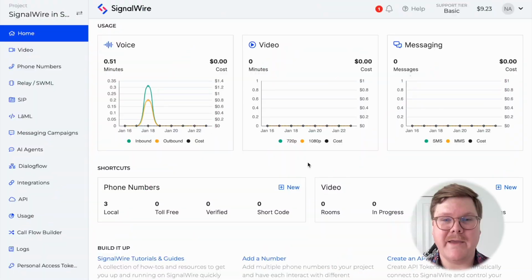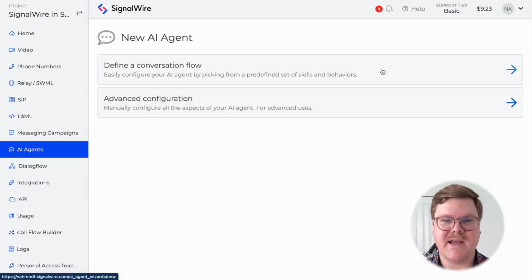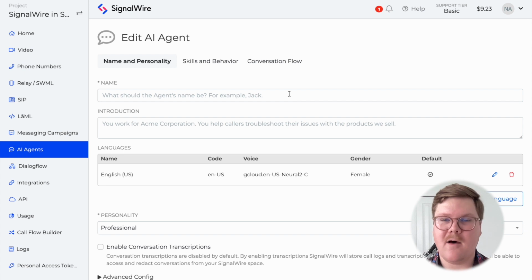Follow along for the next few minutes as I endeavor to build a serverless, dynamic AI agent capable of answering customer queries and transferring phone calls, all from the comfort of my SignalWire dashboard. I'll begin by visiting the AI Agents tab of my SignalWire space. Herein, I'll select Add New, then define a conversation flow to initiate the design process for a basic, albeit mighty,